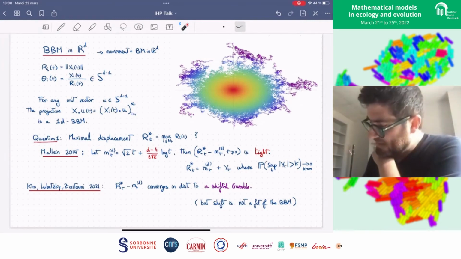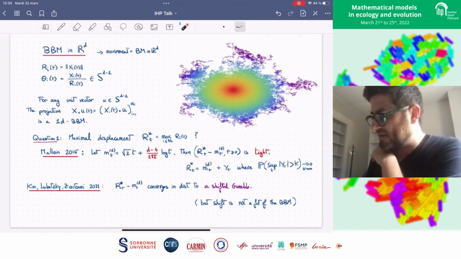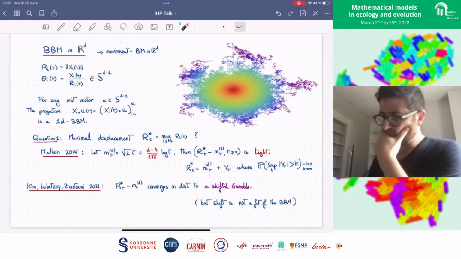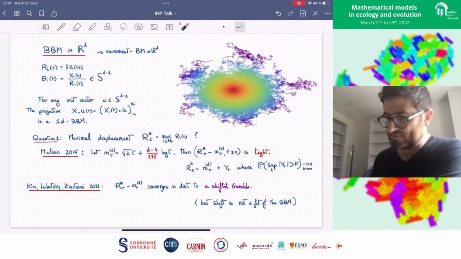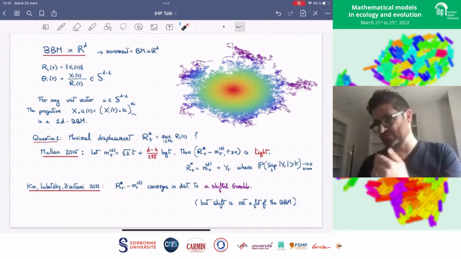And what he showed is that if you center R star of t by this quantity m_t^d, then you get a tight sequence. And last year, Yujin Kim, Eyal Lubetzky, and Ofer Zeitouni proved that actually R star of t minus m_t^d converges in distribution to a shifted Gumbel, exactly like we had in one dimension,